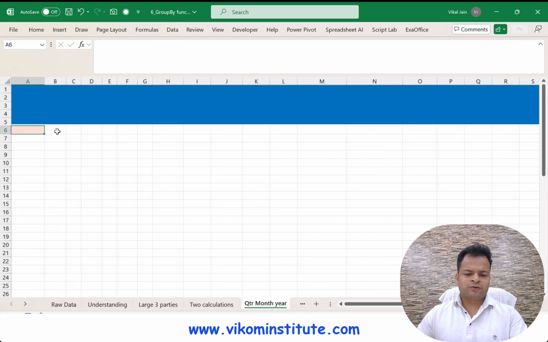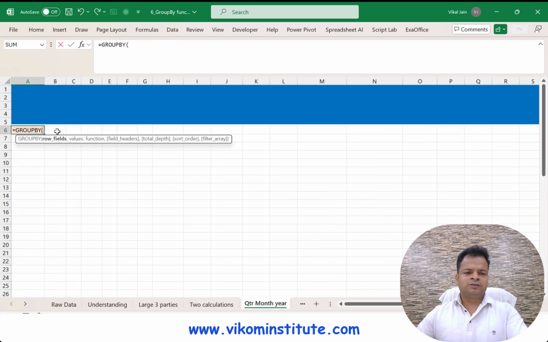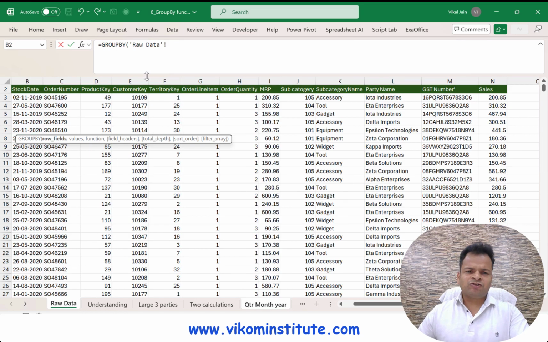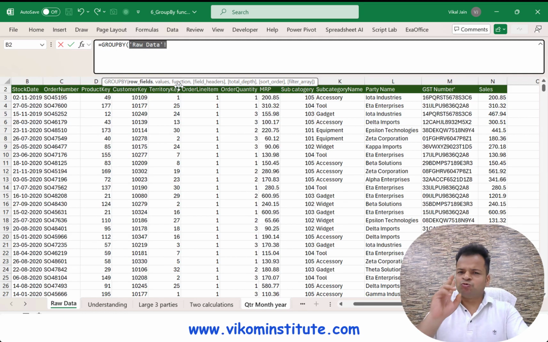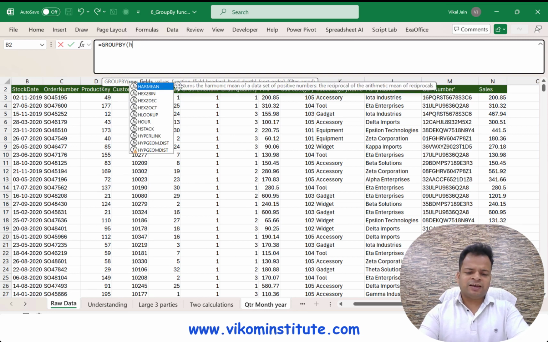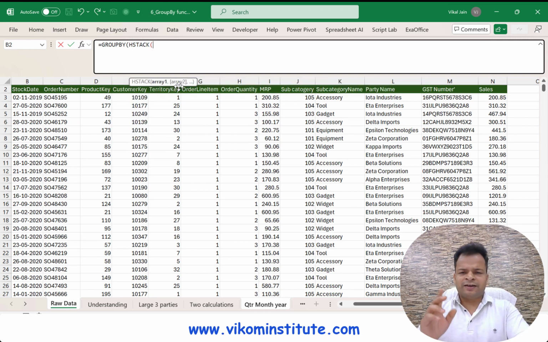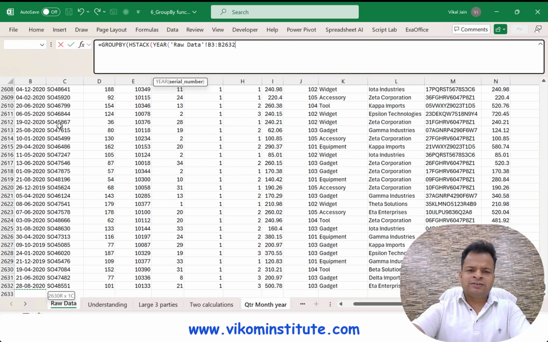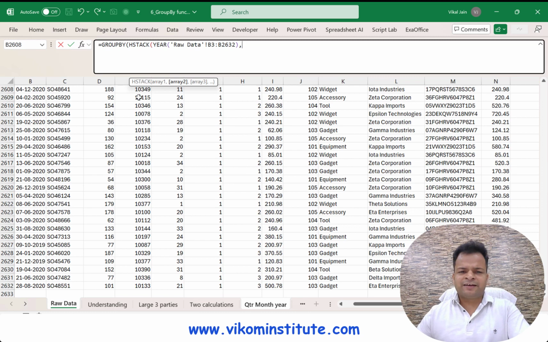Here, group by, row field is year function. Since I am using two columns simultaneously, I'm using hstack first. Hstack. So here array 1 would be year of this whole thing. See, if I take the header, it is going to show me an error, so I'm not taking the header deliberately. Now comma, and it is asking me array 2, so I'm going to extract the month, and